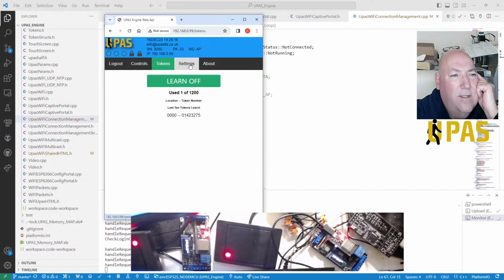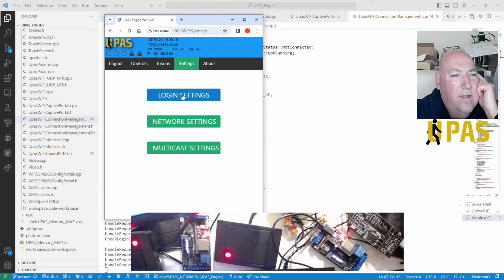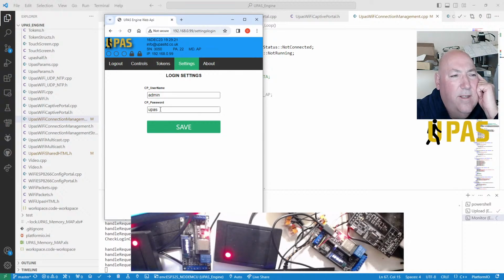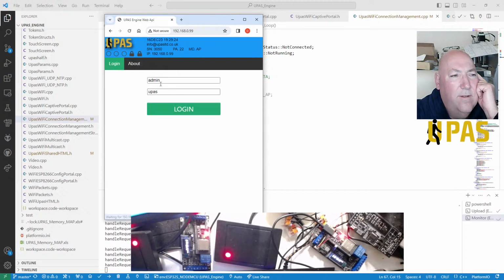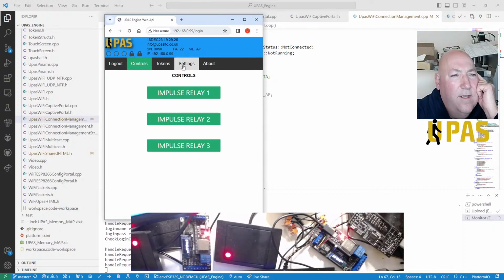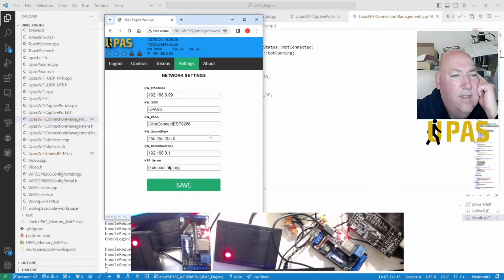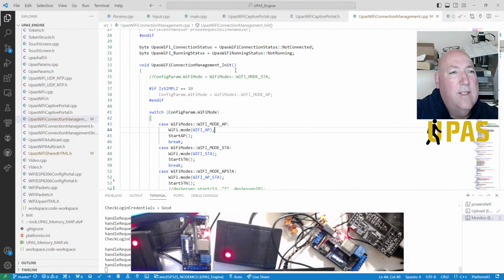What else do we want to change? The settings. So your login settings are still showing the same as the ones over here. Okay, now your network settings. We wanted to swap this around, didn't we? We wanted the IP address to be down here, so we need to bring that one down to there. It should be okay to do that, actually. I don't think it does it in certain order. Let's do that next then. So let's go back to